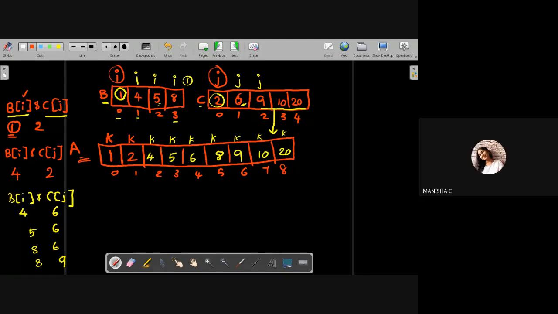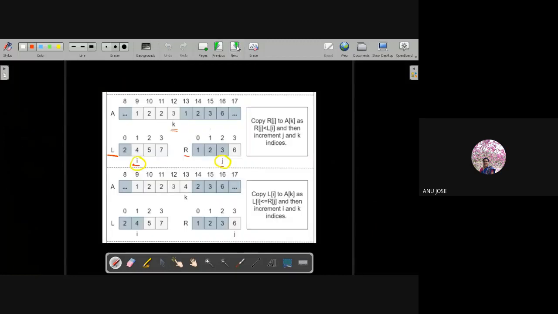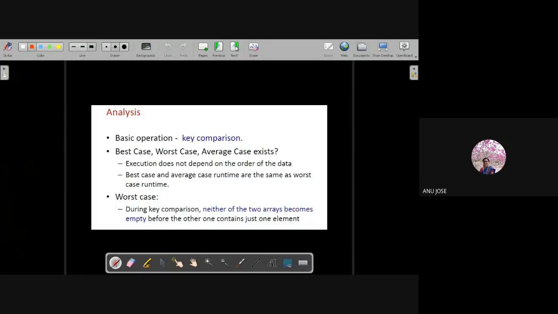Okay, then I am not explaining too much about the logical part. It was asking about the best case, worst case, and average case scenarios of this. That also we discussed in the last class. In all the cases, the complexity value is theta of n log n. This is what we saw in the last class. In the best case, worst case, and average case, merge sort gives the complexity as theta of n log n.